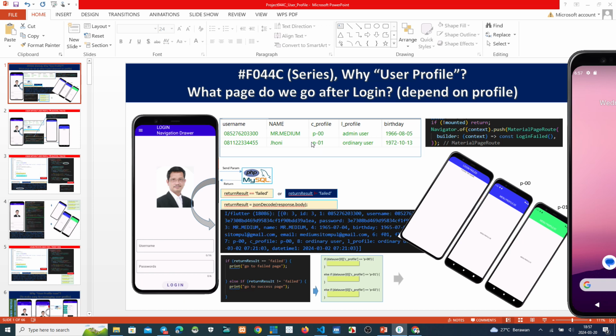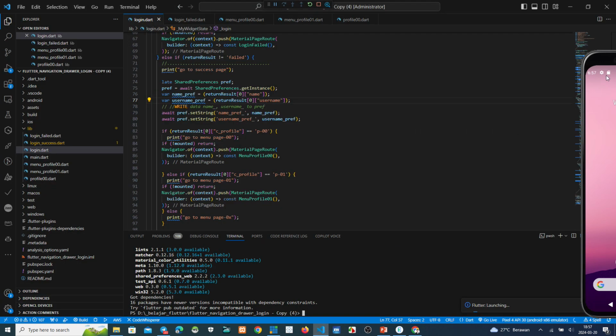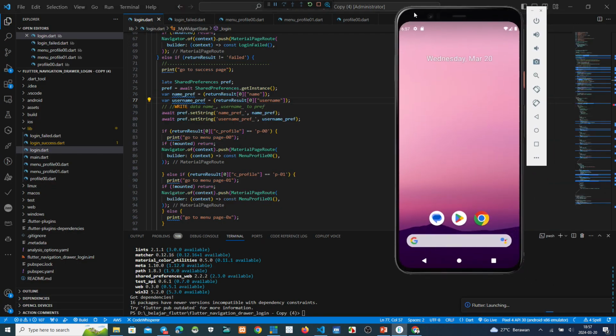So after we login, the script will navigate to this one, page P-01. Okay, now we can wait after this process finish.